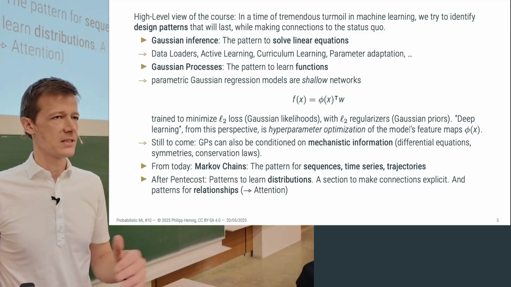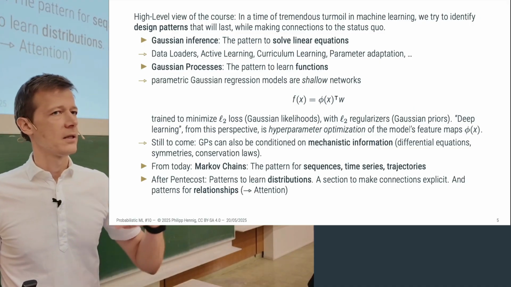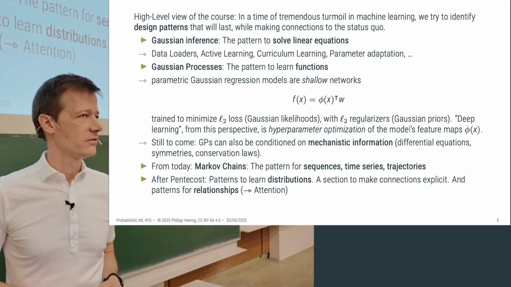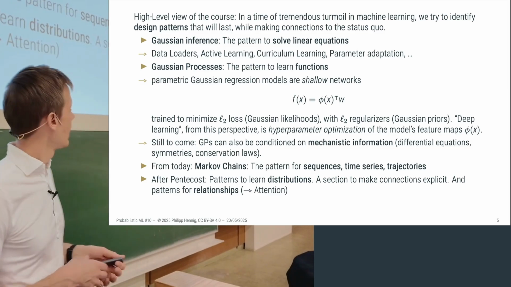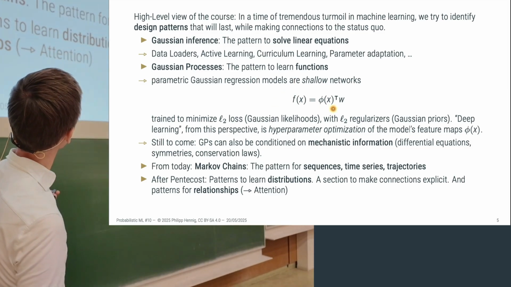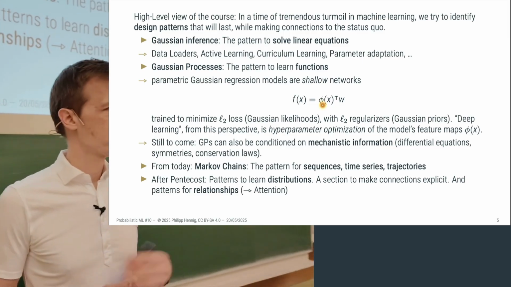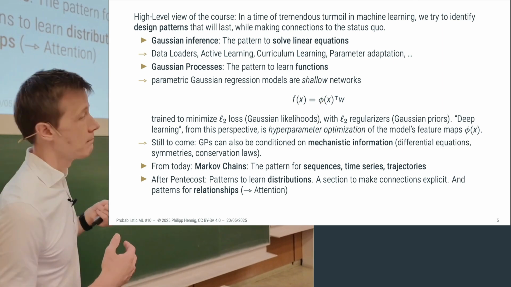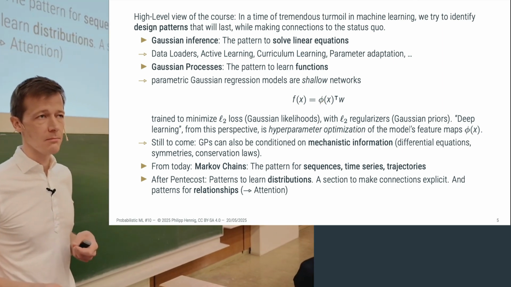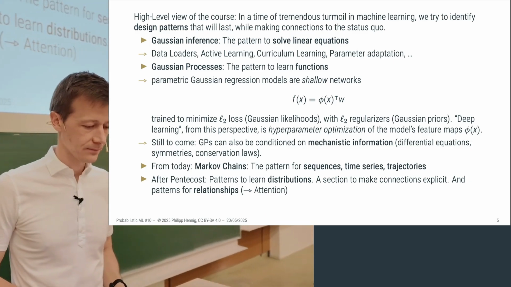So a neural network that has a single layer of features and then an output layer that constructs a linear combination of these features. We actually also spoke about how to optimize such models, how to find good choices of the features. And that's effectively our first instance of deep learning. From the Bayesian perspective, you do this by maximizing evidence, minimizing negative log likelihood of the data, marginal likelihood of the data.